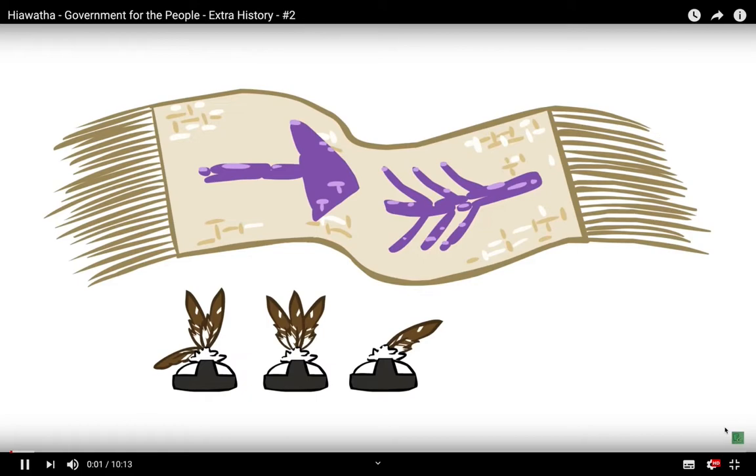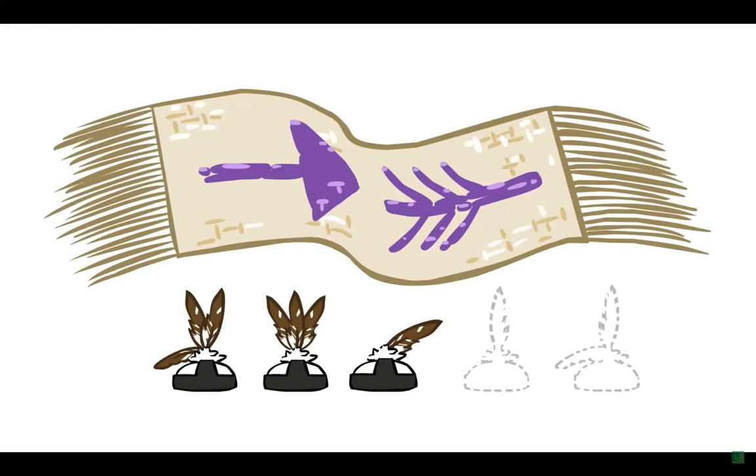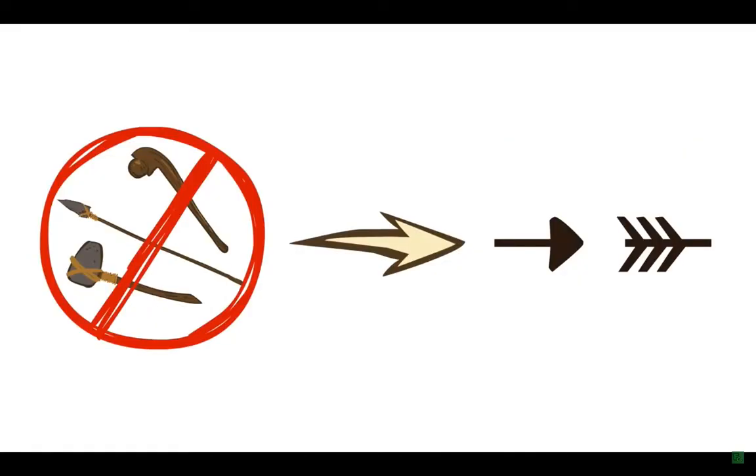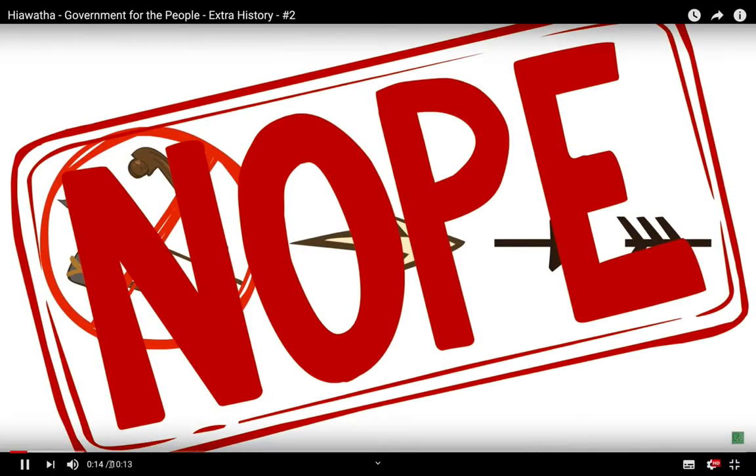3 nations had now agreed to join the Great Law of Peace, but there were 2 more in the peacemakers' sights, the Seneca and the Onondaga. Both were powerful nations, renowned in war, and they had every reason to reject a peace that asked them to lay down their weapons. War might